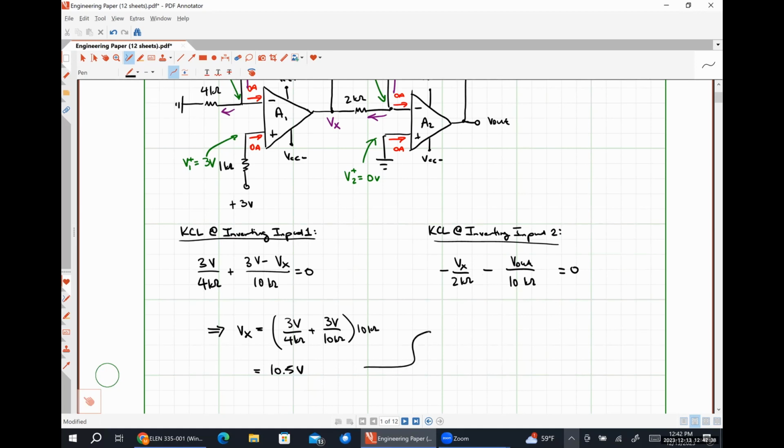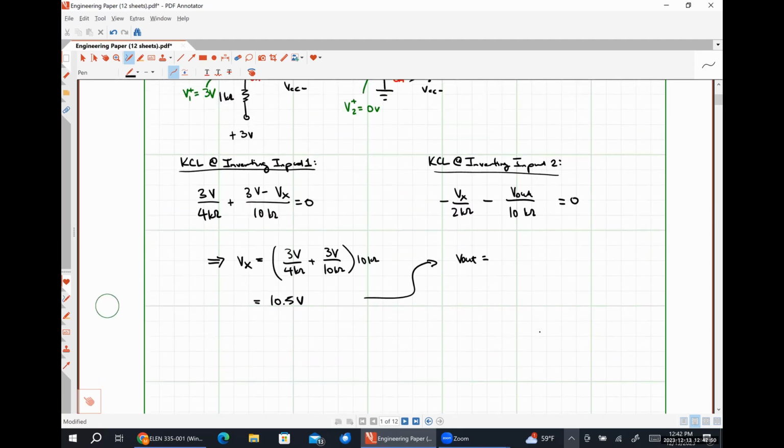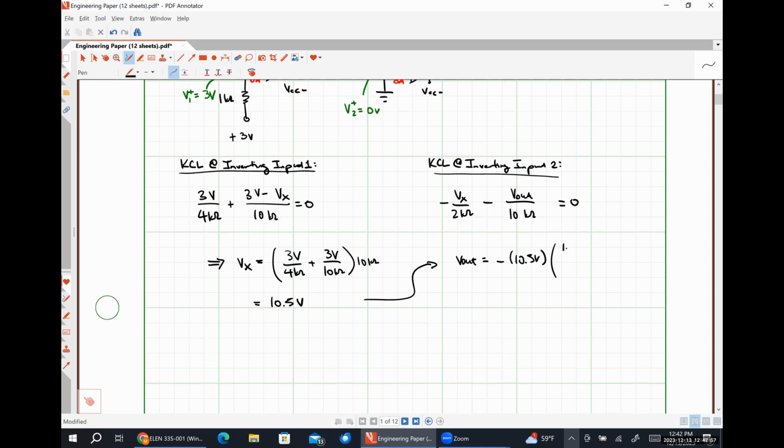Substituting that 10.5 volts into here, we would have V out is equal to negative 10.5 volts times 10 kilo ohms over 2 kilo ohms, which is negative 52.5 volts. So we'd have to have a pretty beefy op amp to be able to give us an output voltage that high, or at least accept very, very large supply voltages, but that's not really what we're looking at here. Okay. So this process is the hard way, and it is not particularly difficult,